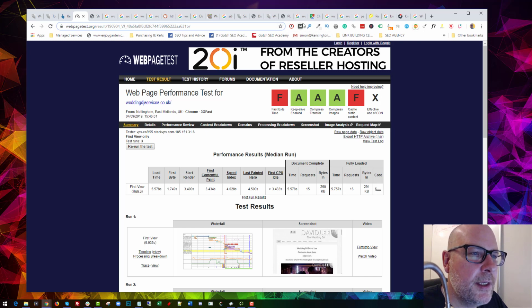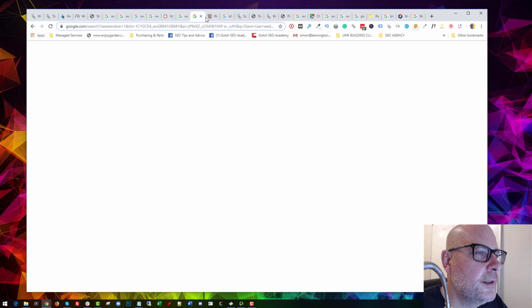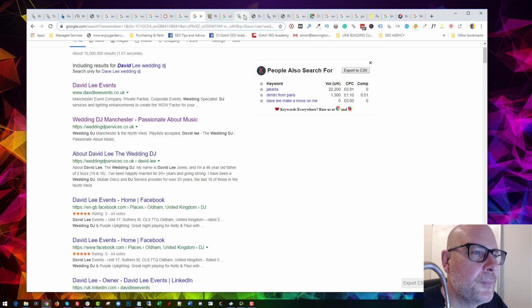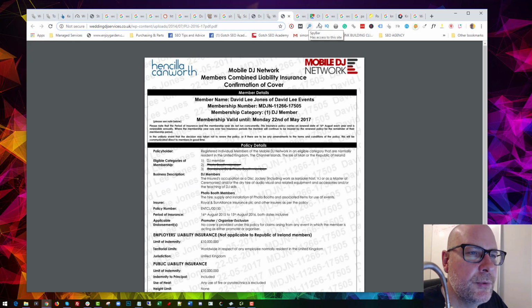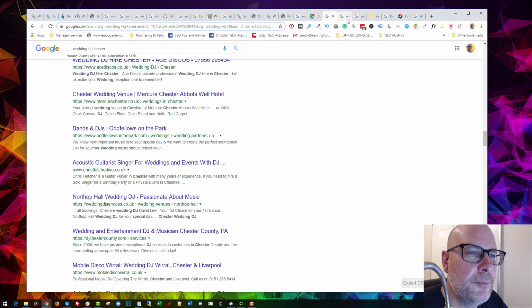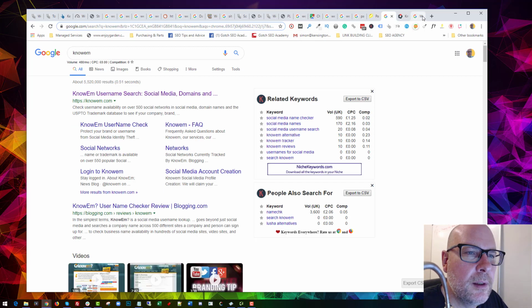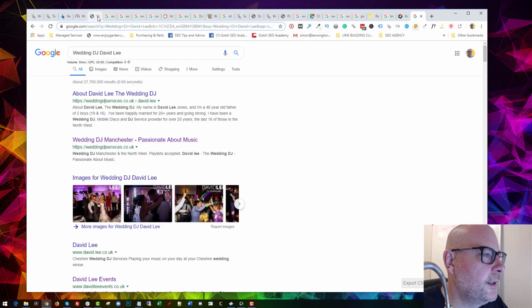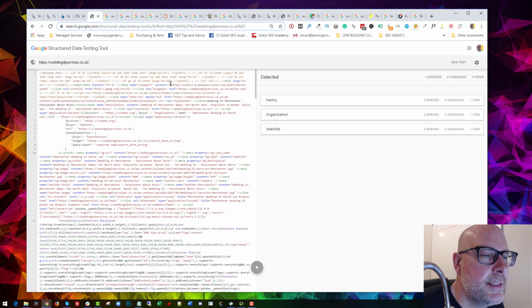And then the last thing that I wanted to look at, even though I know I said it was the last thing last time, was, I've got it somewhere, structured data. Structured data testing tool is something that you can get from Google. Oh, I know where I put it, over here. Here we go. So if you search for structured data testing tool, now structured data, if you don't know, is